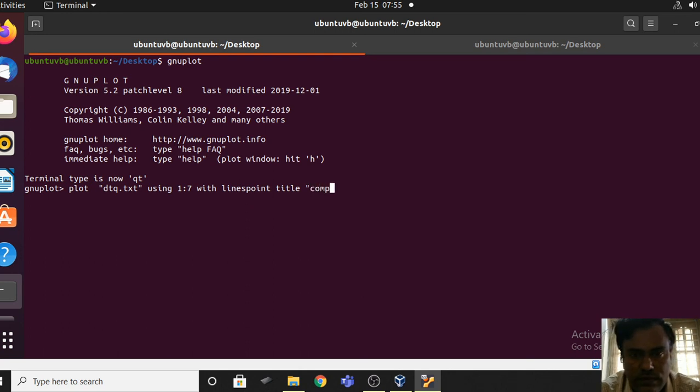Yeah, comparison of quality of service parameters in drop tail queue, right? So queue with line width say 3 or 4, you can just give that and just press enter.